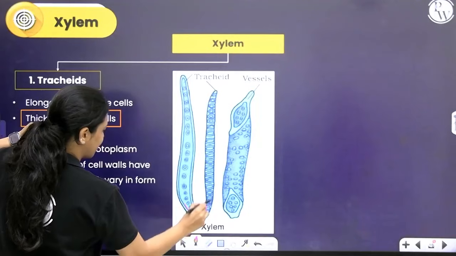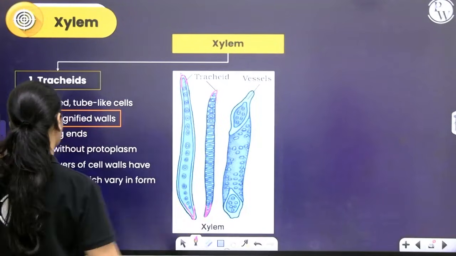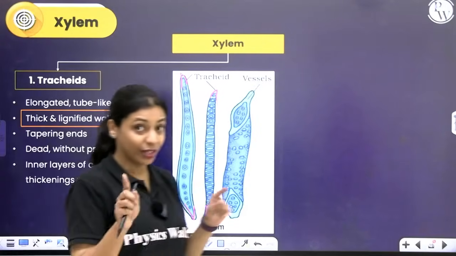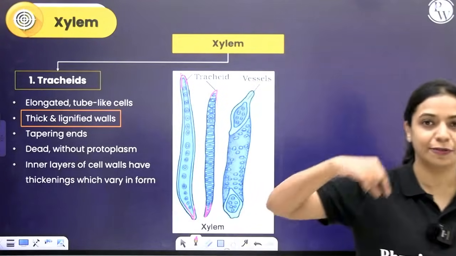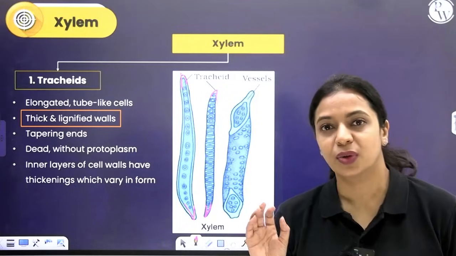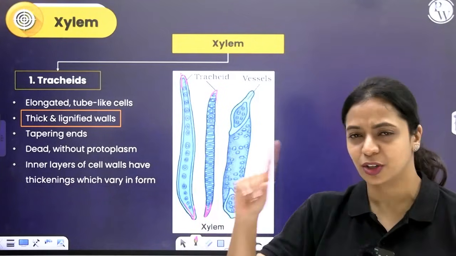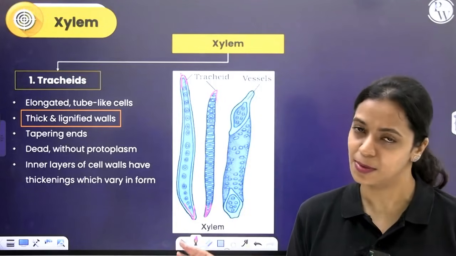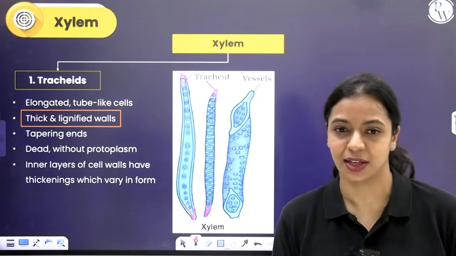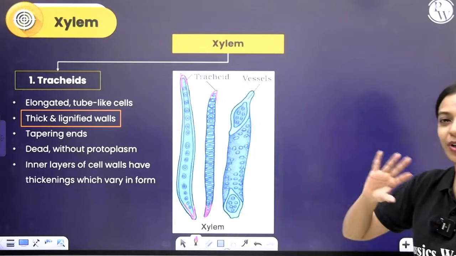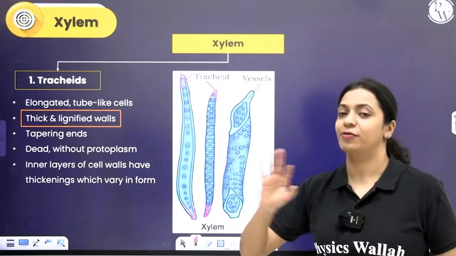They look very similar to fibres, right? They are dead without protoplasm. Inner layers of the walls have thickenings which can vary, like the pits I showed you. Similar to that there will be differential thickening, and you can see that it varies in form. It could form like a reticulum, it could be spiral, they come in different types. It's not part of your syllabus, so don't worry about it. That's about tracheids. This is the major conducting element in gymnosperms, but in angiosperms probably less than 5% of conduction